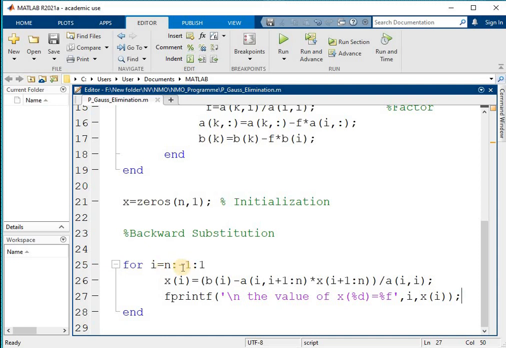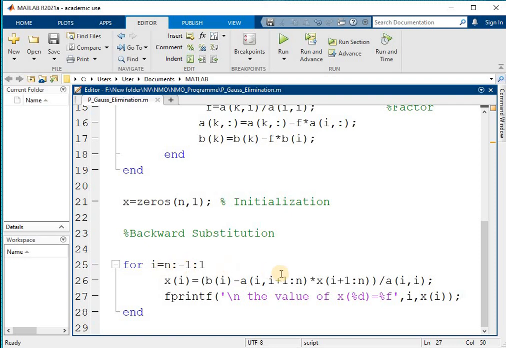Then again the increment takes place in I by -1, so I becomes 1, and then we will calculate the x1 value. We know that x1 is equal to b1 minus a 1 comma 2 into x2 minus a 1 comma 3 into x3, divided by a 1 1, right? So when our I is 1, we get x1 equal to b1 minus a 1 comma I plus 1, so it becomes a 1 comma 2 into x2, and also here it is written as up to the nth value.